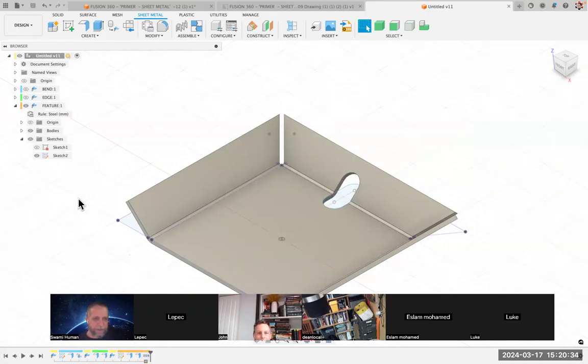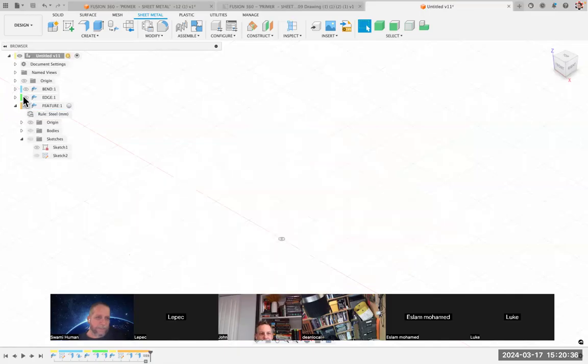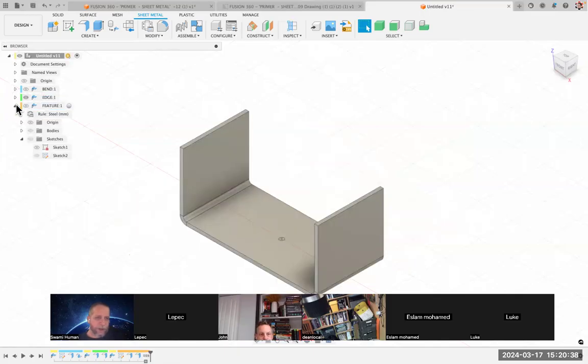Collapse that one down. Hide this one. All right, we're back to where we were talking about flat pattern. And we're going to compare flat pattern to unfold, and then we'll see more stuff about flat pattern. Cool. So we have gotten back to this point, and I'm going to save. So make sure everybody is on the same page here now. We have just the component called edge showing there. I can go home